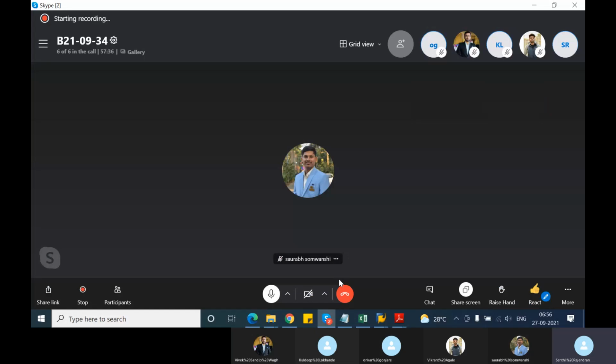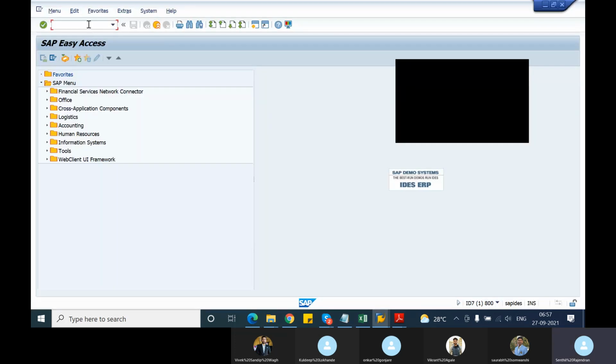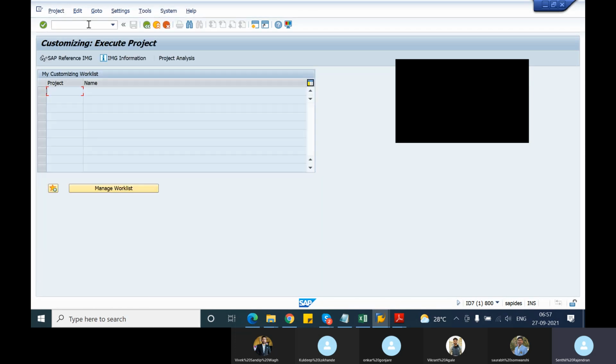Documents in sales and distribution. So, I think we have already discussed this many times, but still I will show you how to check the incompleteness. Whenever you want to ensure that all the fields in your sales document are completed, and you don't want to have any issues in creating the subsequent documents because of a missing value in any one of the fields, then you can adopt this technique of